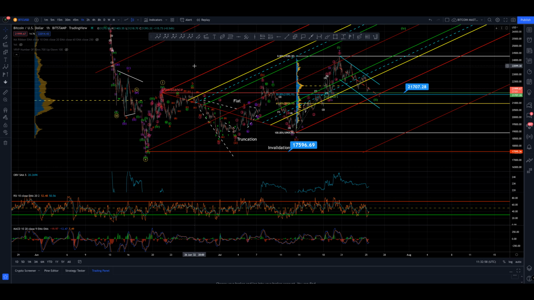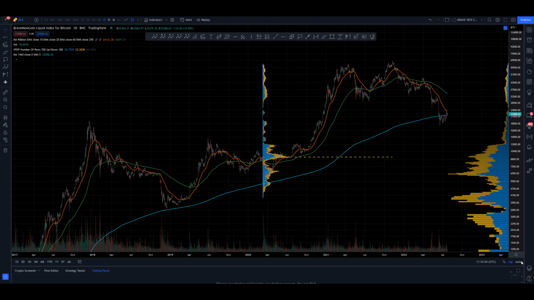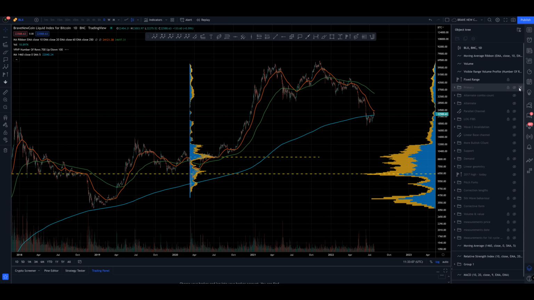Alright then guys, that is all I've really got for you on Bitcoin today. I don't think I can really talk any more about anything. We are still in a could be corrected, could be impulsive setup, and we're just waiting. We're waiting to see something more convincing on the longer term, and when we get it, we get it.